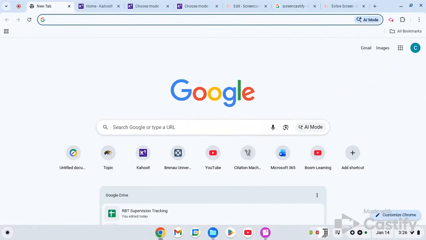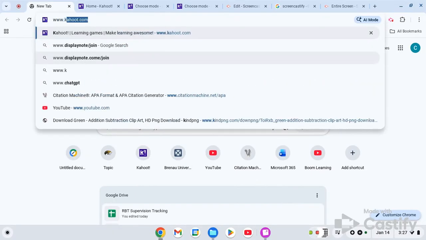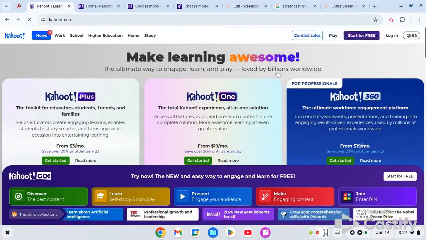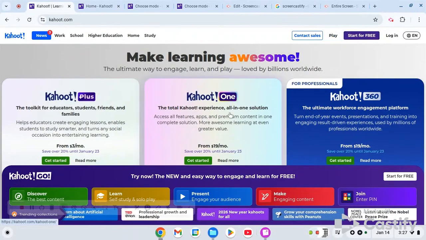Which is a game-based learning platform designed to engage students through interactive quizzes and assessments. To get started, the web address for Kahoot is just www.kahoot.com. And when you click enter, it's going to bring you to their homepage where you immediately see multiple options